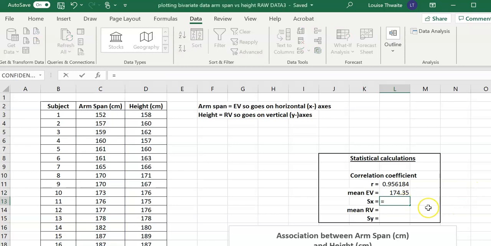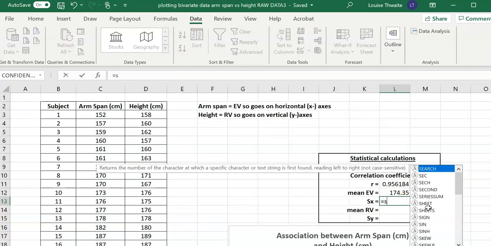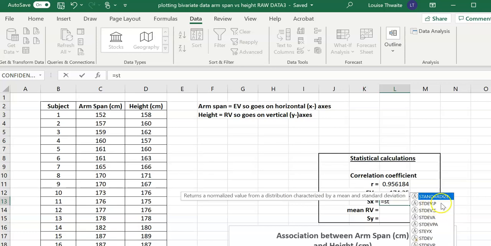For the sample standard deviation, the code for that is stdev.s, because we're after the sample.